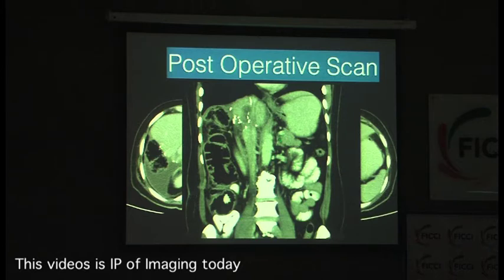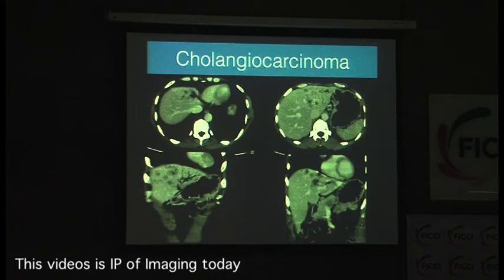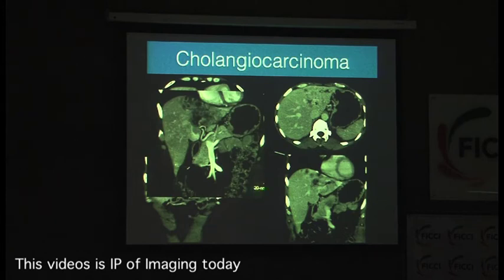So you can do a right hemihepatectomy, but you have to make sure that your vascular supply which is left behind is going to be adequate, and that includes not only the left lobe of the liver but also the IVC which the tumor abuts or is involved in. Okay, so this is something you have to be careful about. Another cholangiocarcinoma, predominantly left lobe, right? Looks left lobe. Okay, left lobe. So the artery to the right is free. I did that image to show you that the artery is free.